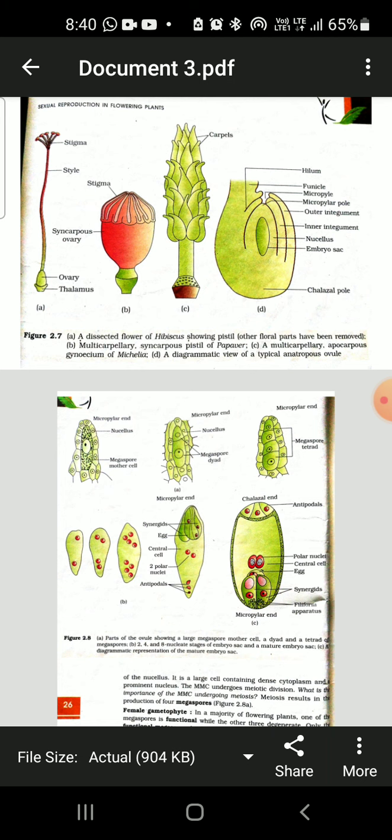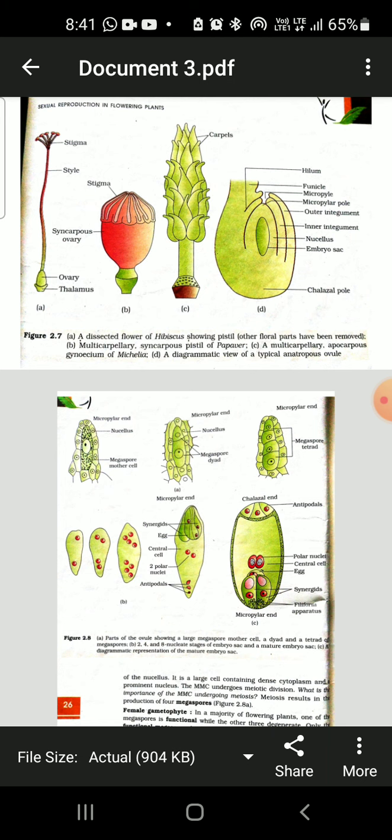This ovule has a mass of undifferentiated cells which is known as nucellus, and inside the nucellus, in the following diagram 2.8, you can see that a single cell is specialized towards the micropylar end, and this cell is known as the megaspore mother cell. This megaspore mother cell undergoes a meiotic division and forms a group of 4 cells,